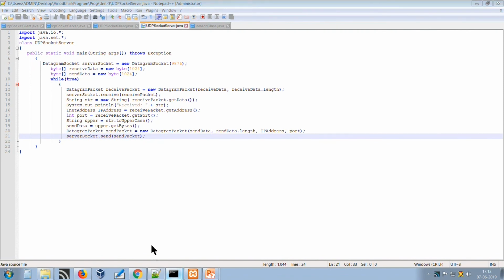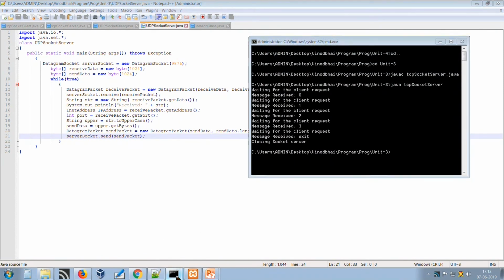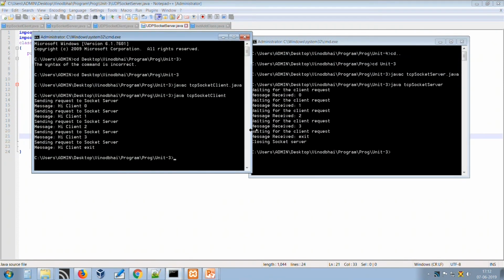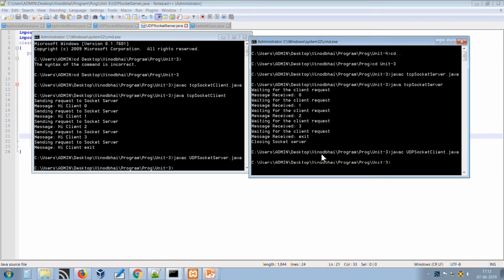Now let us have a test in both the client server environment. Here we will compile javac UDP server socket, okay. Here we will compile UDP client, okay.